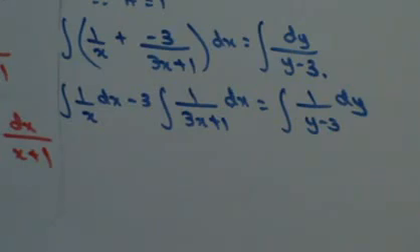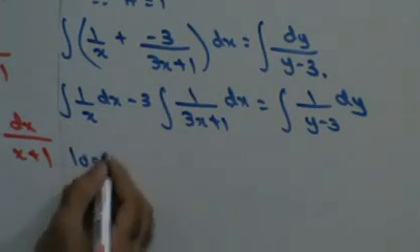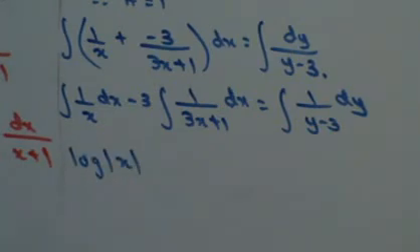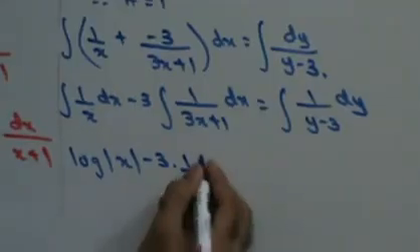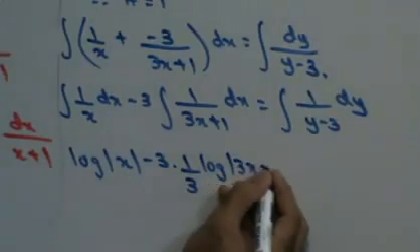Now, the integral of 1 upon x can be written as log mod of x minus 3. The integral of 1 upon ax plus b is nothing but 1 upon a log mod ax plus b